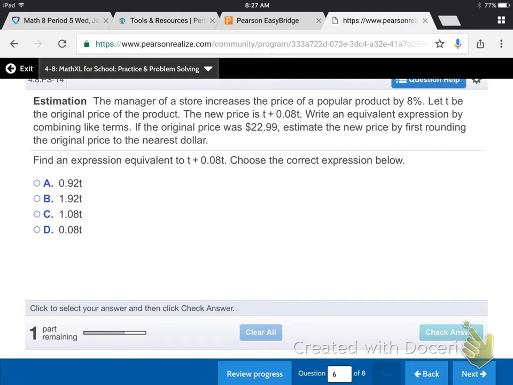Okay, here we go. It says the manager of a store increases the price of a popular product by 8%. So keywords, increases by 8%. Let T be the original price. Okay, new price is T plus 0.08T. So it's the original T, that's the original, and then the increase is 0.08 of, or times, the original. So 0.08T. Now, what are we going to do? We're going to write an equivalent expression by combining like terms. Okay, let's do that first. We have 1,